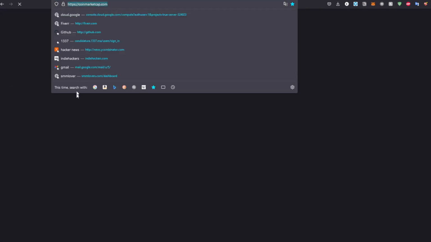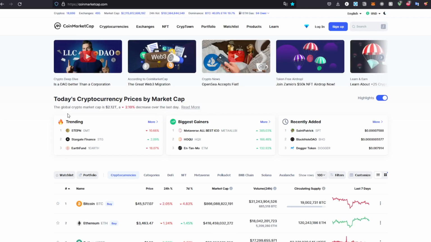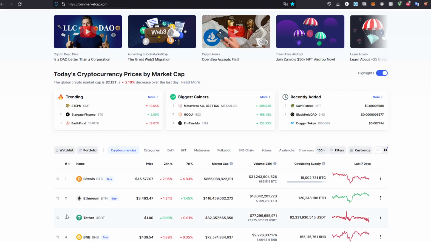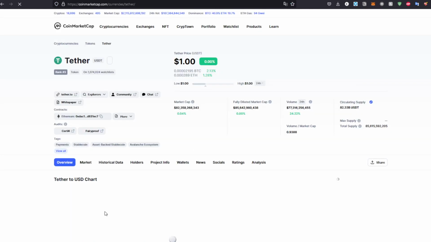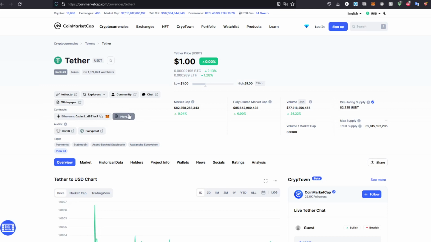Then head to CoinMarketCap. Make sure the website is coinmarketcap.com. As I said, there's fake versions of those websites, so make sure to do that. So here's the USDT, it's the third thing right here. You can find it right here. So what we are going to do is copy the contract address of the USDT on the Binance Smart Chain